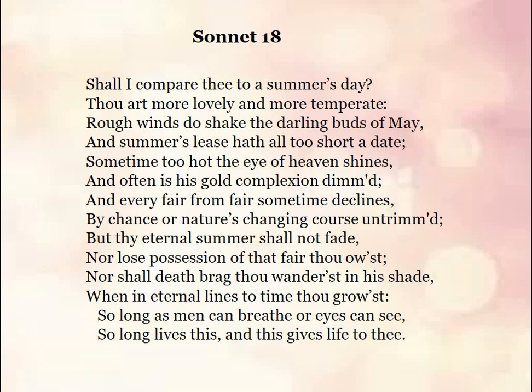When in eternal lines. So these lines are called eternal lines because we are studying Shakespeare even now. After centuries and centuries, we are studying Shakespeare. The sonnet is being read. So we adore the beauty of the young man even now. So this is what Shakespeare has told. So your beauty will never fade because you are living in the lines of the sonnet. So he has beautifully composed the sonnet.